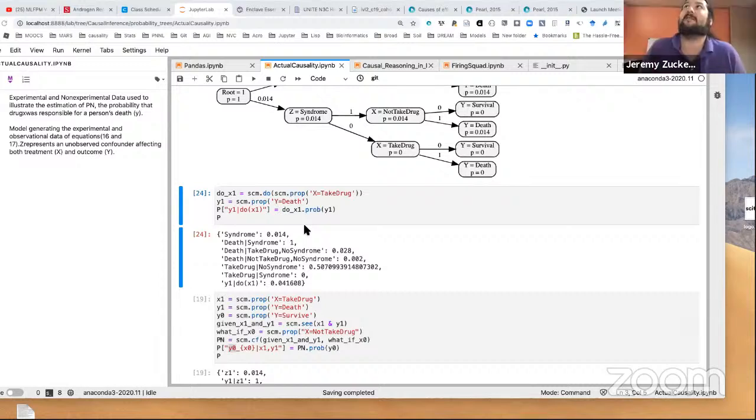I think you have to kind of combine. I think probability of necessary and sufficient causation is defined only on Boolean variables. Okay. Because it's a logical operation, right? We're talking about events happening or not happening, so this cause happened and this outcome happened. Would the outcome have happened had the cause not happened?